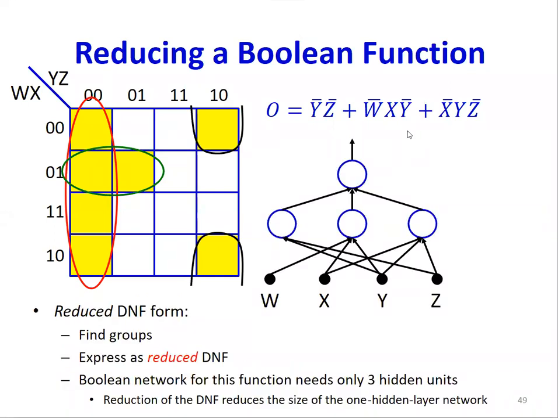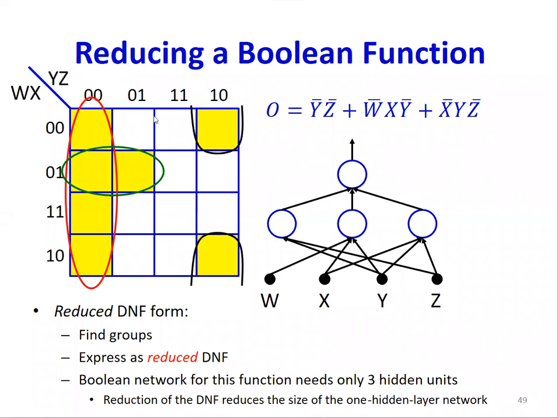And so this DNF formula, again, what is a DNF formula? It's a formula of this kind. And it's ORs of ANDs, right? Not Y and not Z, or not W, X, not Y, or not X, Y, not Z, right? So again, Mangalam, this is it. Because I grouped these 4, this entire group gave me only 1 clause. It just says that W and X don't matter. Y and Z have to be 0, 0. That's all, right? Similarly, if I group these 2, it says so long as W is 0, X is 1 and Y is 0, the output is 1.